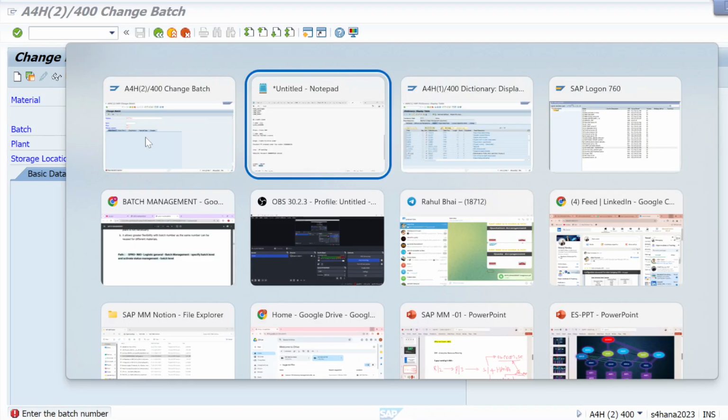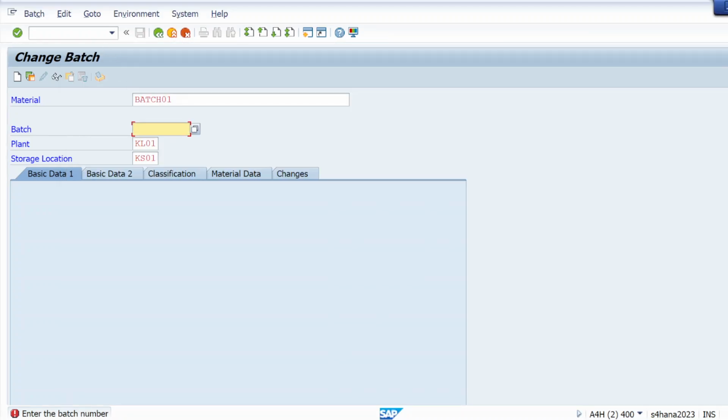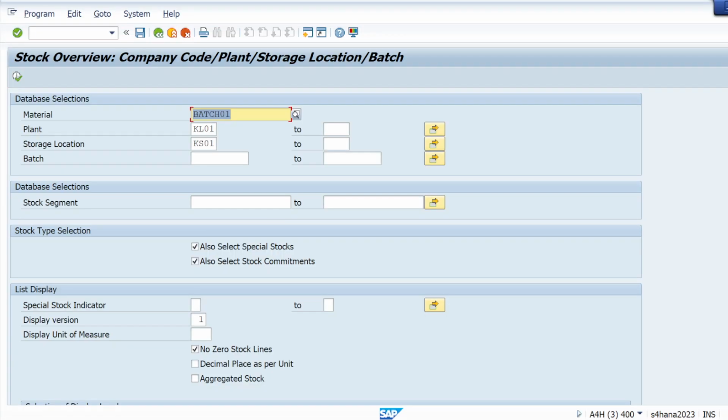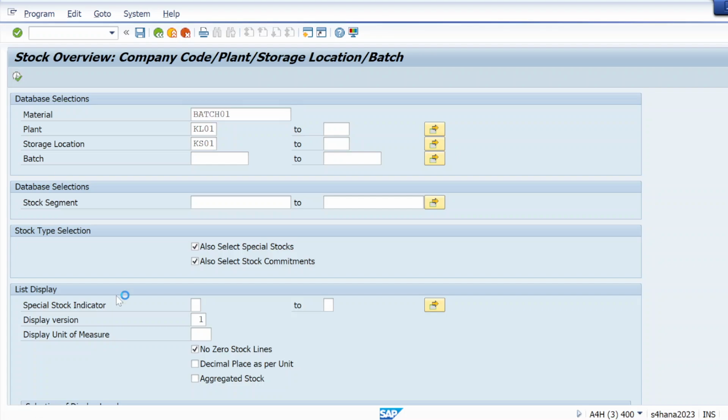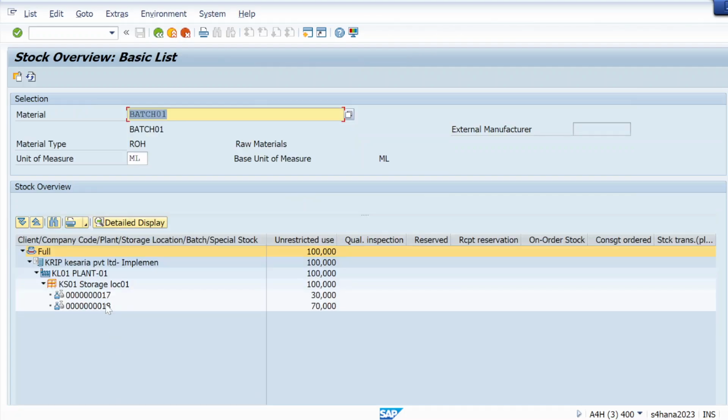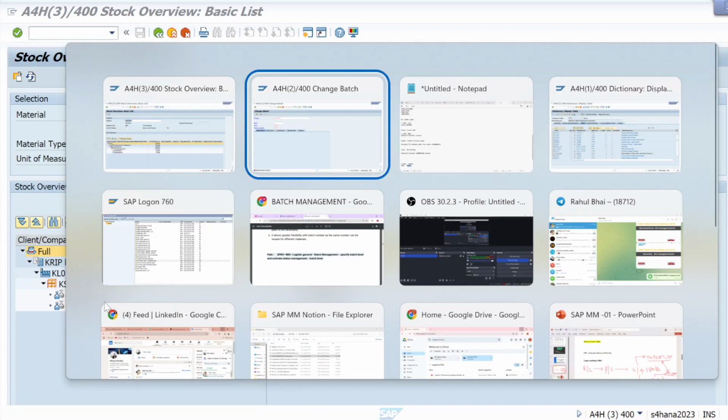So from where can I get my batch number? Simply I will go to MMBE, and in MMBE I will see my batch number. So these two are my batch numbers. One is 17, another one is 18.